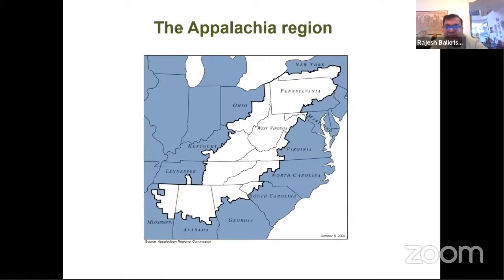So this area of the US is called the Appalachia region. This is where I work. As you can see, it encompasses a part of my state also, which is Virginia, but it goes a little bit further down there. This is an area which is bounded by the Appalachian Mountains. This used to be